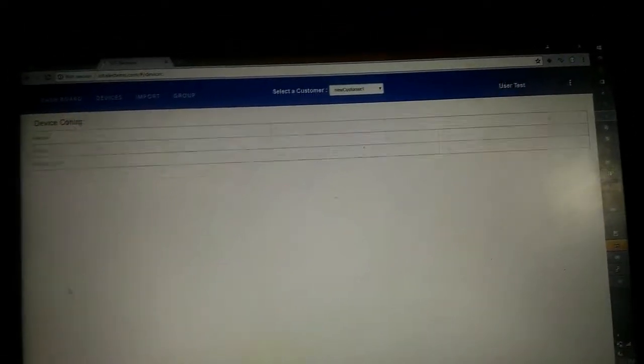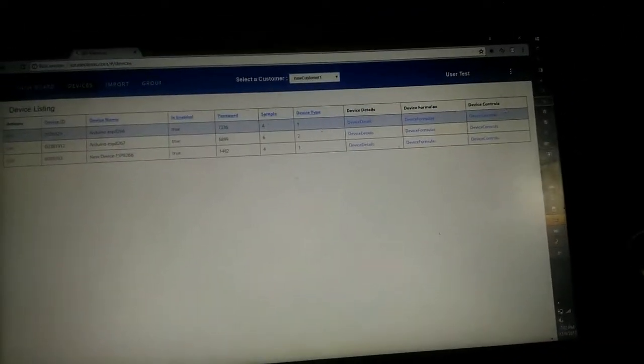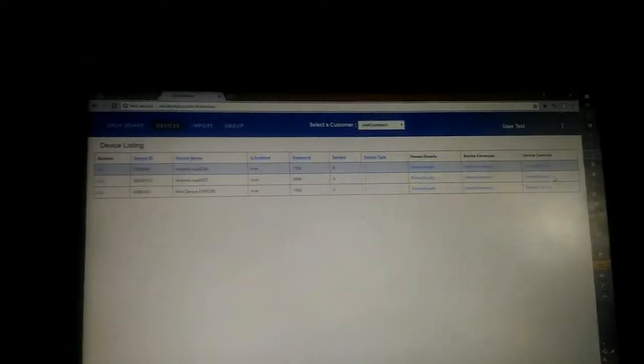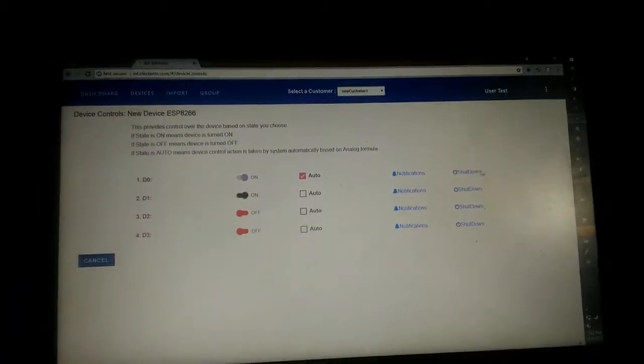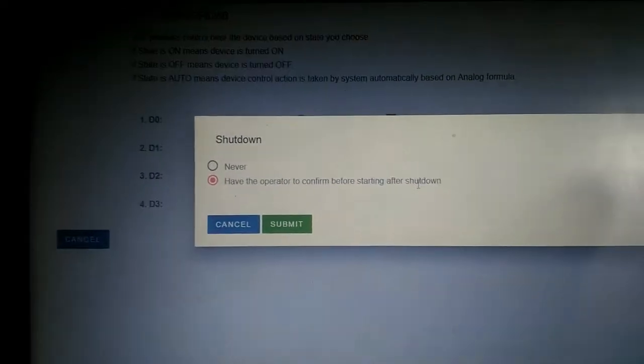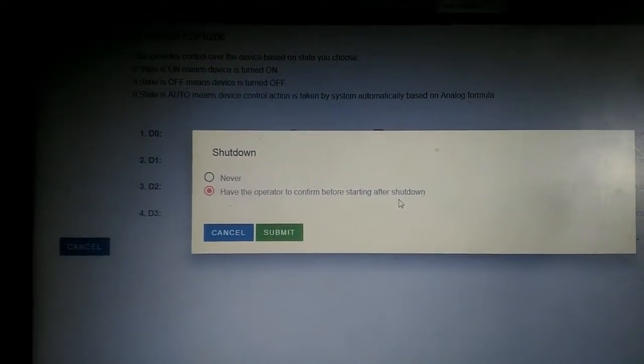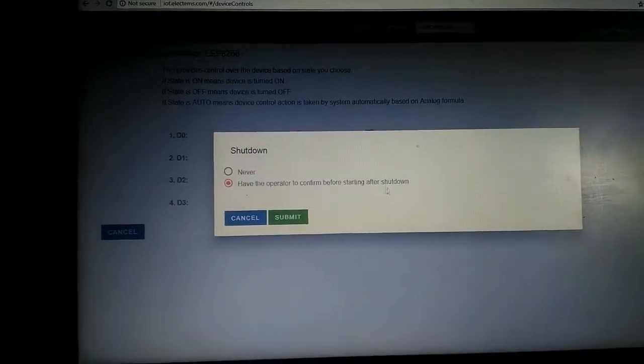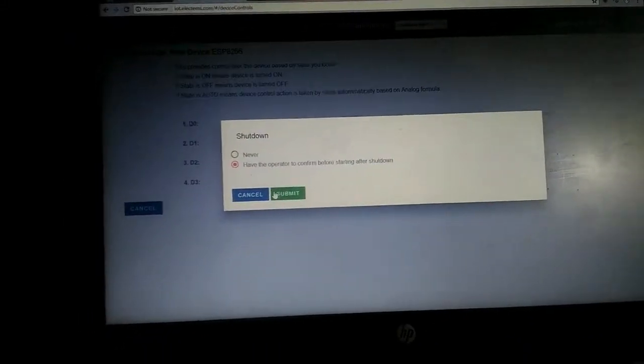Let's go to the shutdown option. It's been configured to the second option, which says to have the operator confirm before starting after shutdown. Fine. The system has been configured to